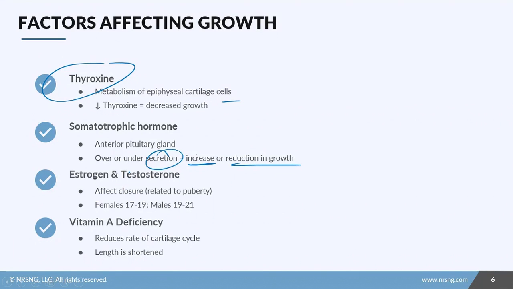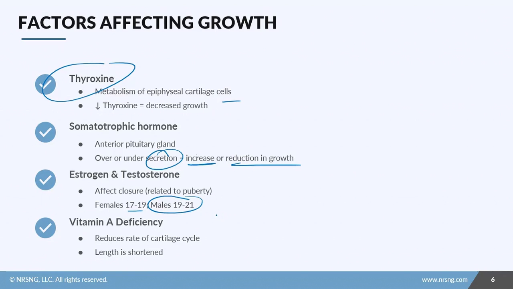Estrogen and testosterone play a big part in bone growth. We're not talking specifically about height. We're talking about bone growth in general. These two things affect closure, and they're related to puberty, which usually ends somewhere between 17 and 19 for females, and 19 to 21 for males. The big thing that you need to know is that puberty and your secondary sex hormones are going to affect